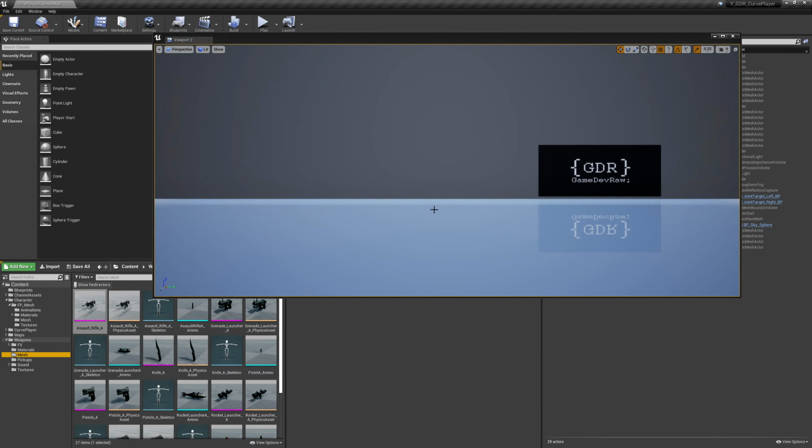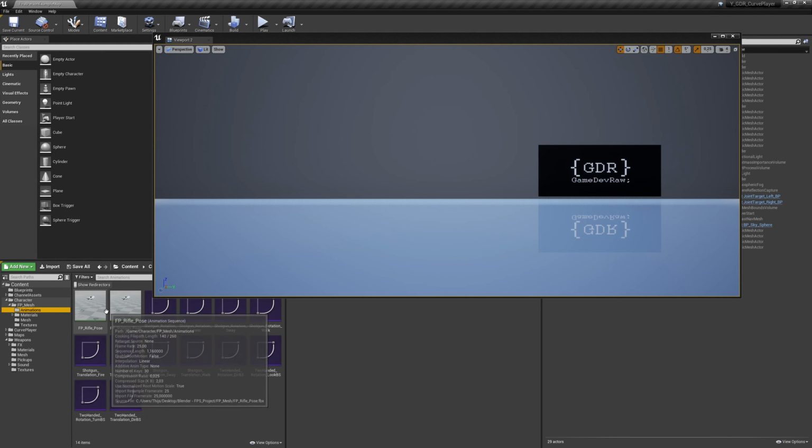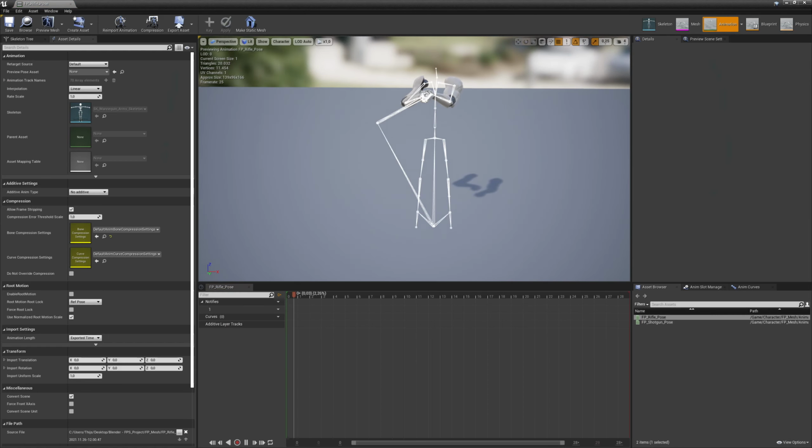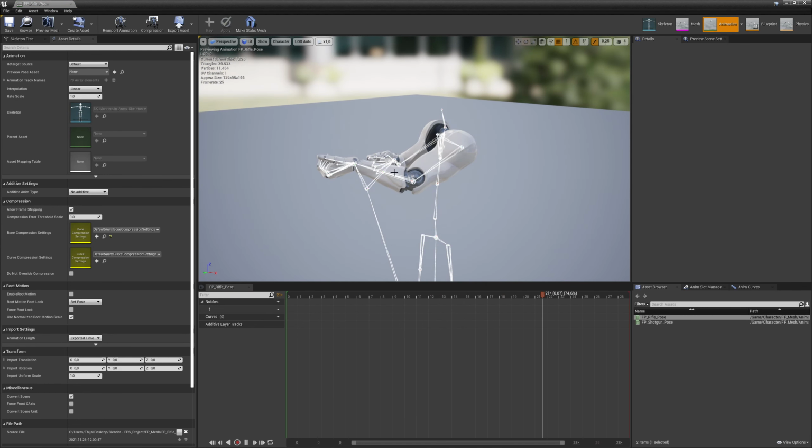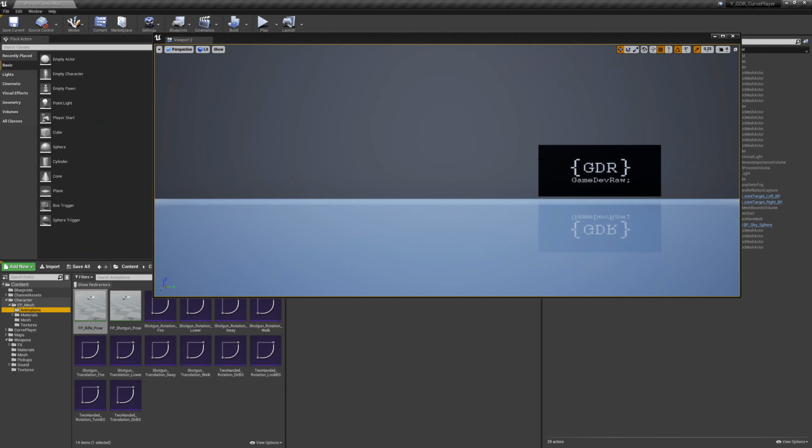And then we should also have pose animations. So I mentioned previously, we can make those in Blender. Follow the tutorial that I just showed, and we have some base poses for the weapons, and from this we can start working. So once you have that requirements met and you have the CurvePlayer installed,